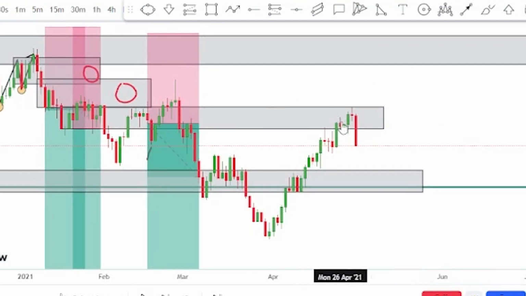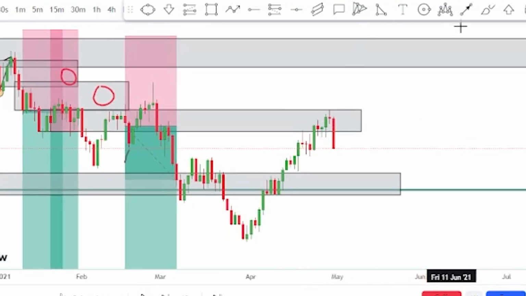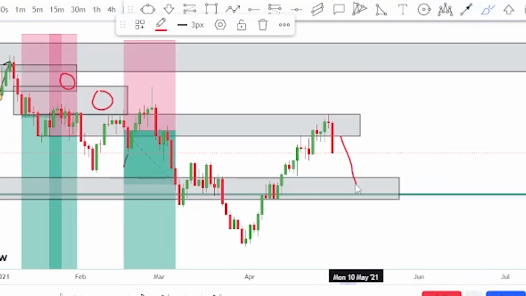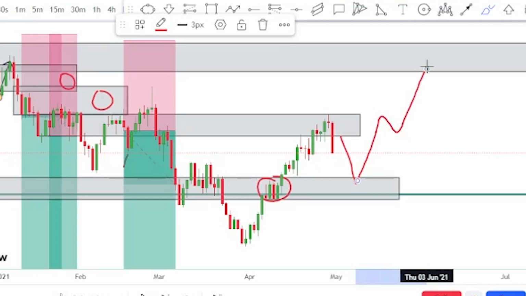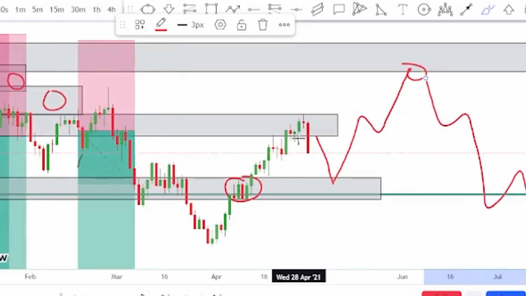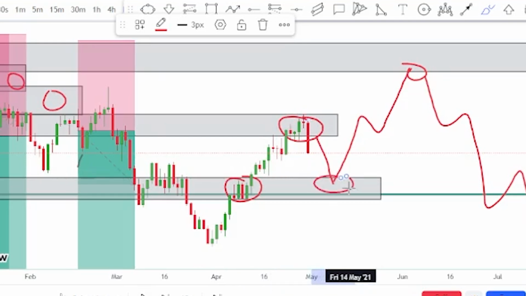If I sell from this area, the market has the possibility to move and make a balance from this area. This is a demand area internal to the downtrend, so the market can continue moving up to this area where I'm going to be taking another opportunity to move down again. So that's why I have to be careful to enter from this zone. I'm going to be waiting to see what the market is going to give. If we reject from this area, I will be expecting the market to move up to this area where we started